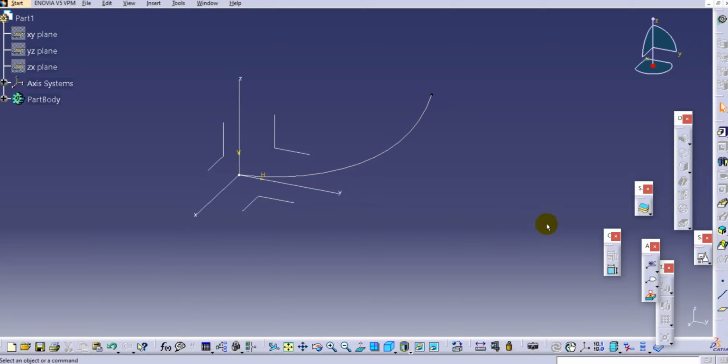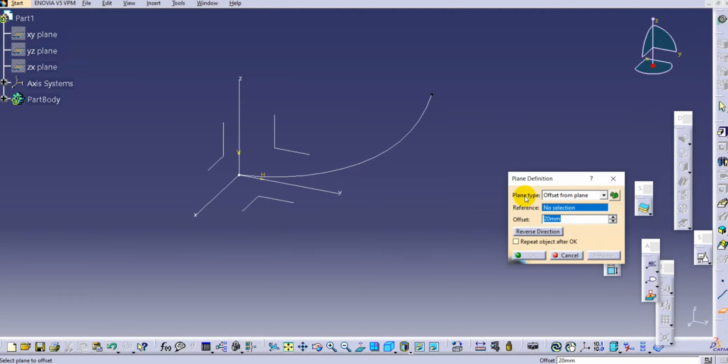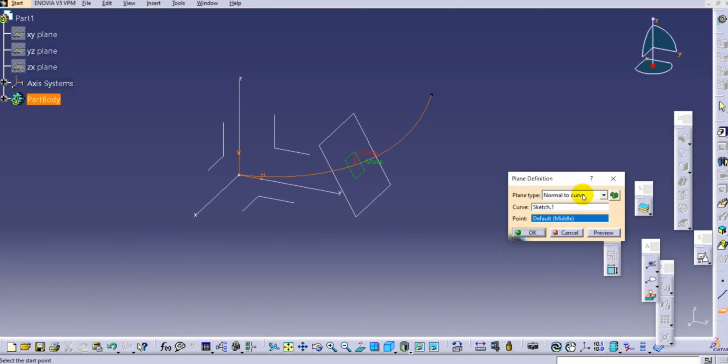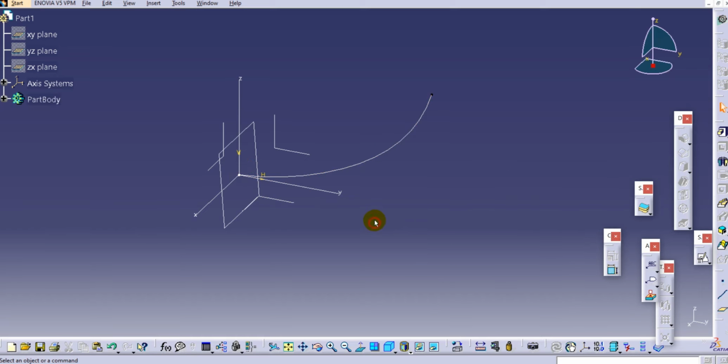Now this is our center curve and we will create a profile normal to this curve. Before creating a profile, we need to create a plane. Select the plane definition and select the reference, this curve. You can see the option is automatically selected, normal to the curve, and here we have to select the point where we need to locate that plane. Just select this origin as a point so that it will be normal to that curve.